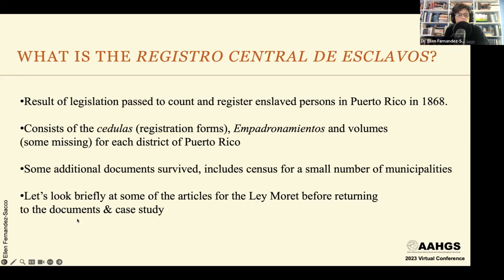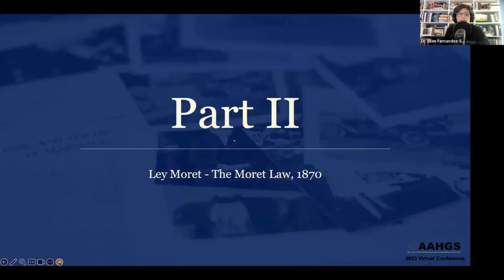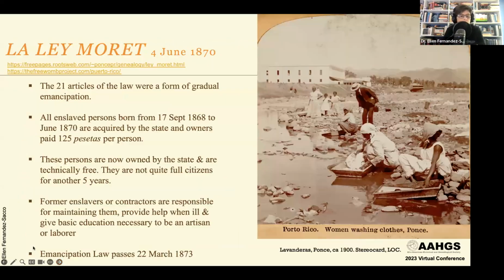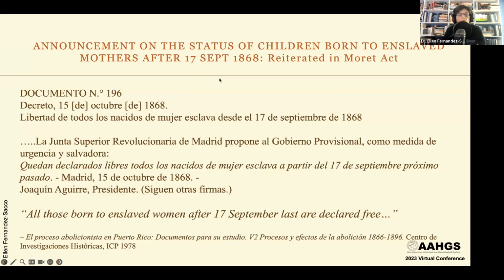So now we're going to look briefly at some articles for the Ley Moret, and one of the things that starts before it, and before returning to the documents and the case study. So the Moret law is passed in 1870, but just before, there is a document passed, a decree passed on the 17th of September that's reiterated in the Moret Act, that is,